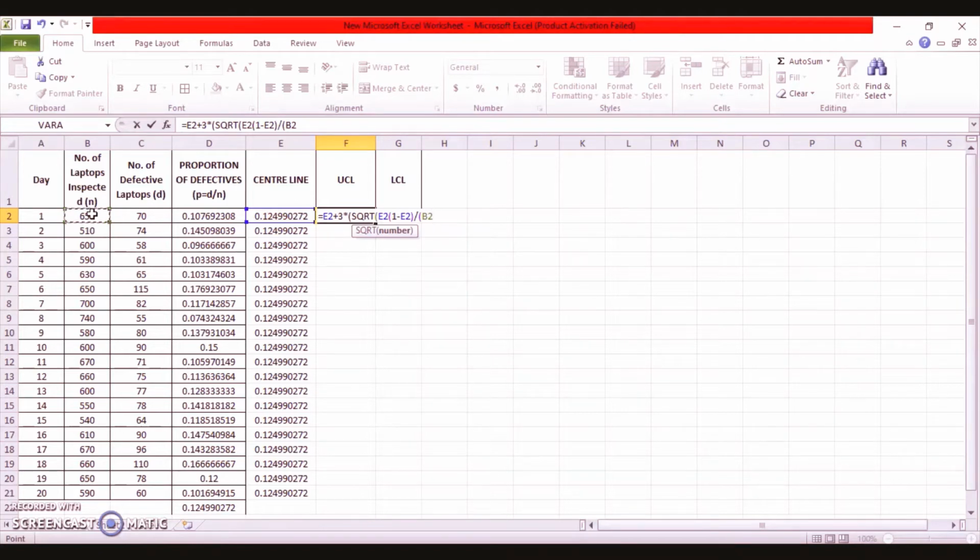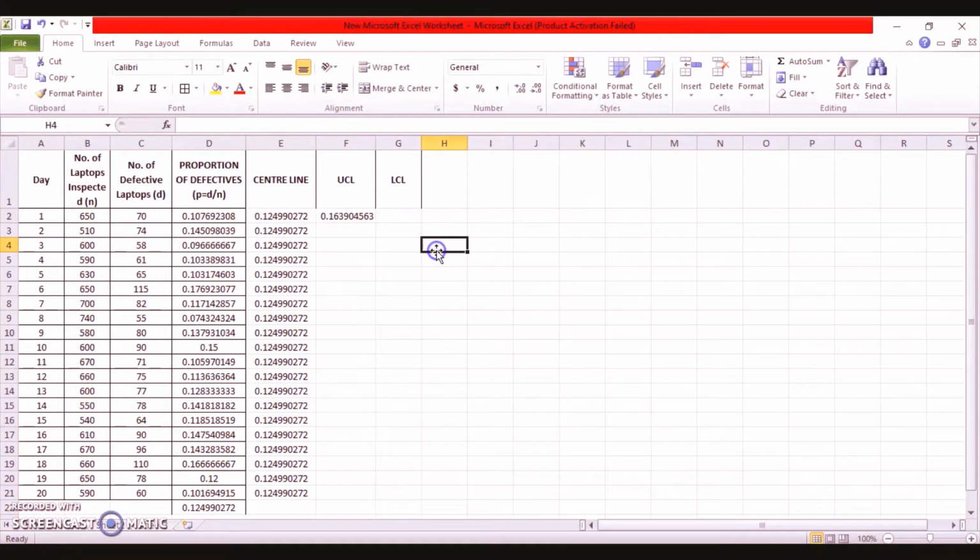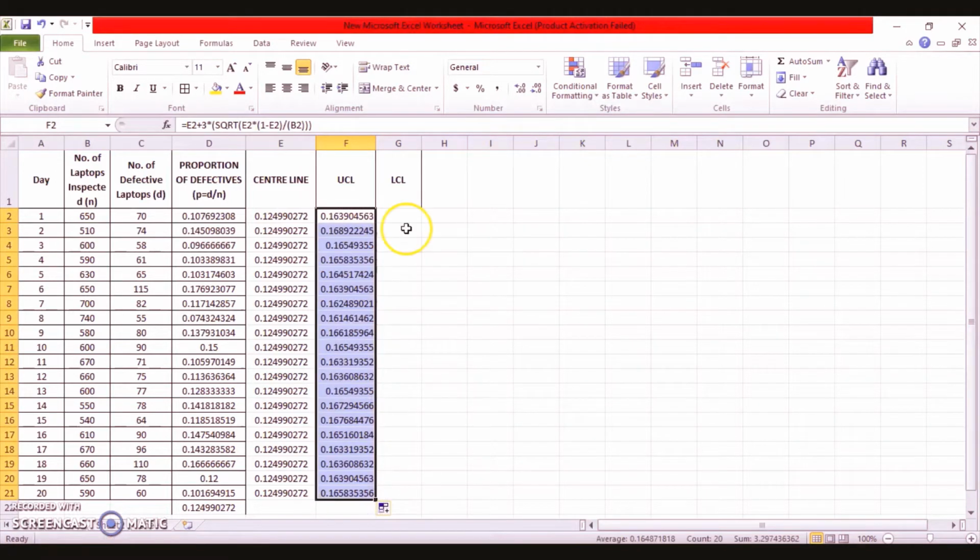How many n do we have? We have 20 n values here, and the total number of samples k is 20. With the help of this formula, we'll be able to find your upper control limit. So this is your upper control limit, and for the rest of the samples, these are the values.